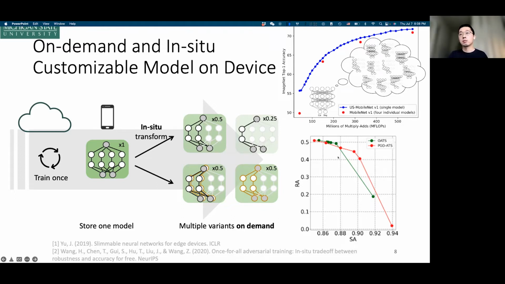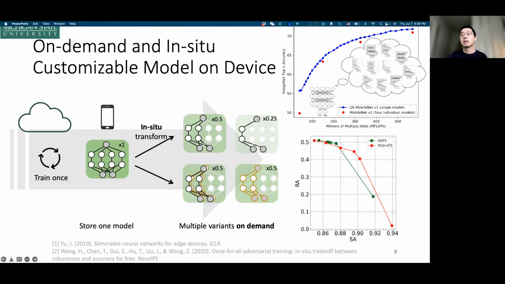Later, in 2020, another work proposed Once-for-All adversarial training that allows you to do a similar trade-off between the standard accuracy on clean images and the robust accuracy on adversarial images. So the red points are individually trained multiple models. When your model is more robust with higher robust accuracy, your standard accuracy will be a bit lower.